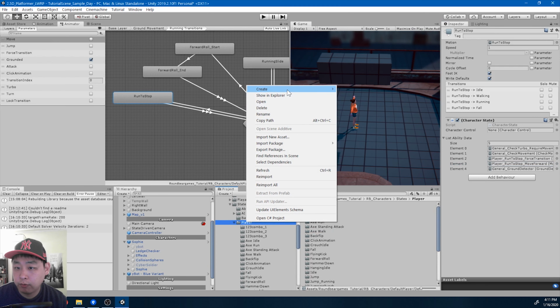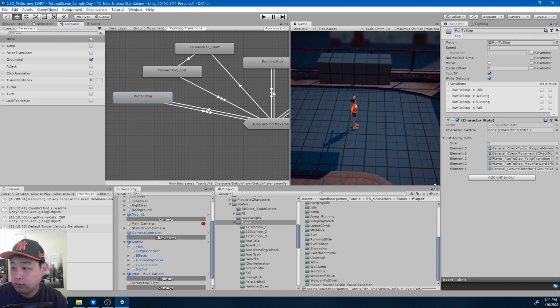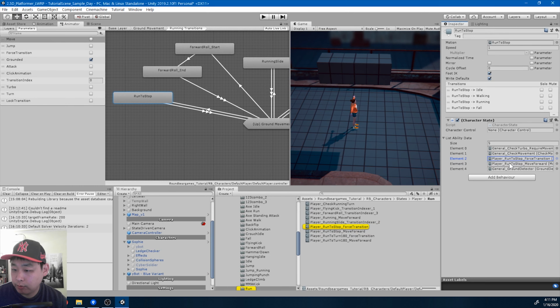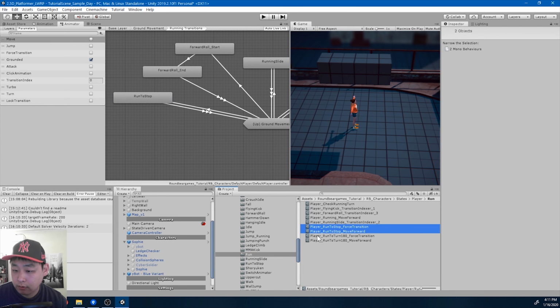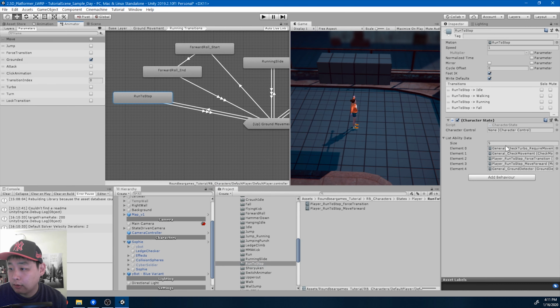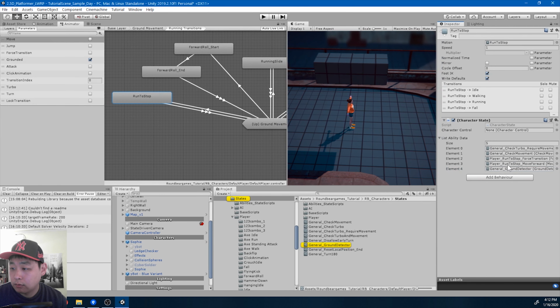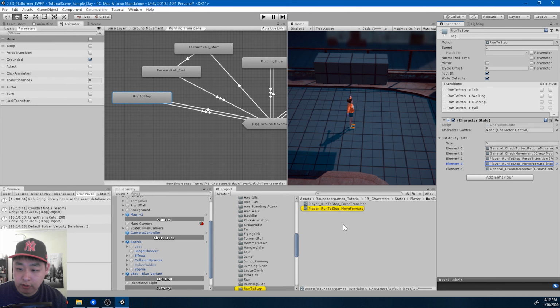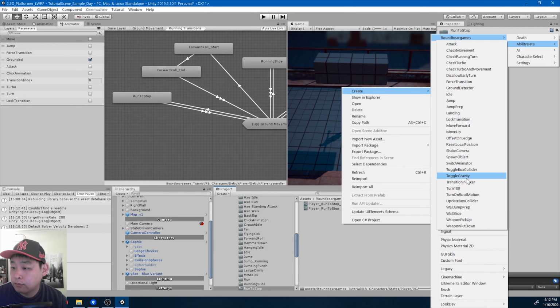Okay, I'm going to create a separate folder. Run to stop. And these two specific abilities, I'm going to drag them into the run to stop folder. And looks like we don't have any indexers for this ability. Okay, and since we want the transition to happen when we press attack, I'm going to create an indexer,